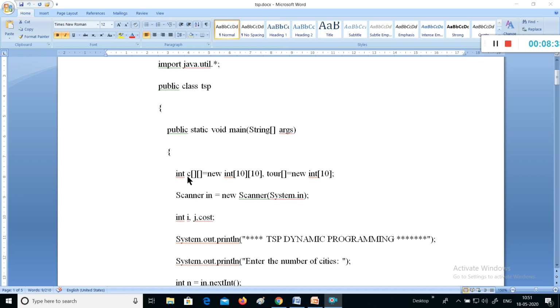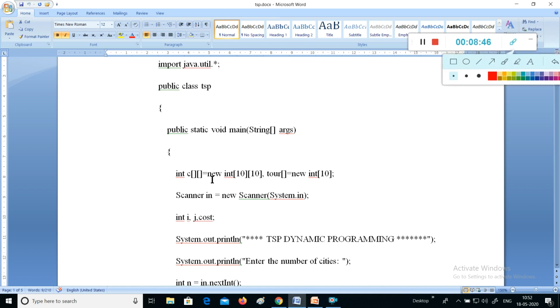And there are variables we are using: int c. We are using a two-dimensional array here, c of [][] equals new int[10][10]. This allocates memory for the two-dimensional array c, 10 by 10, that is, 10 rows and 10 columns, a total of 100 elements it can hold.